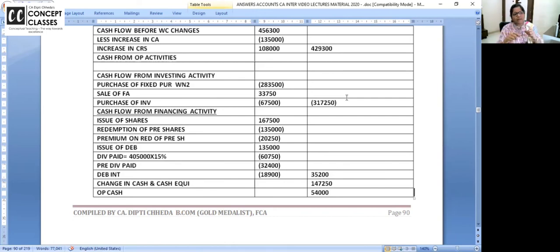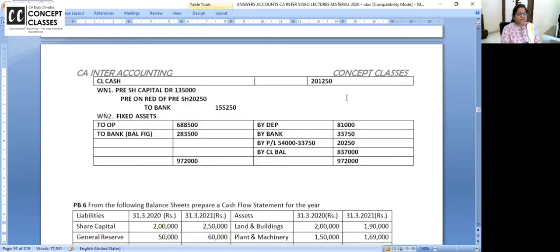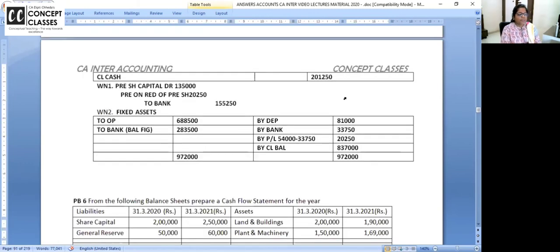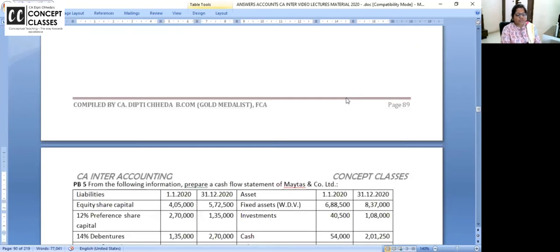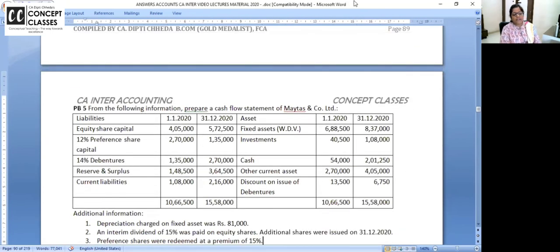Next problem: if I get depreciation, I'll add it to net profit because depreciation is non-cash. So in the beginning, the format table I gave you is very, very important. Right or not? Okay. And see, only 2 working notes are made. We will do some nice problem wherein we will make nice working notes. And this interpretation of 2 balance sheets should be clear.